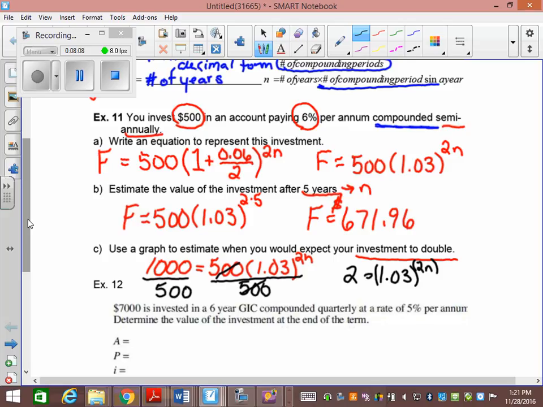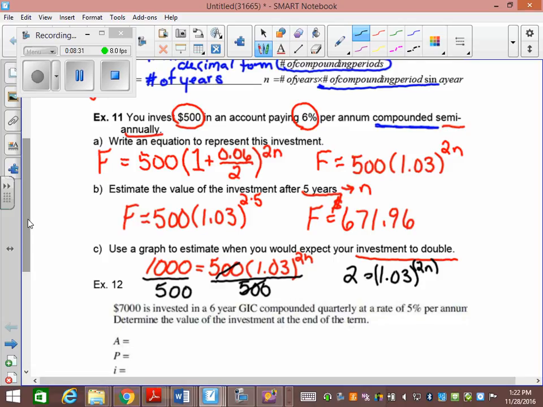Now let's think about it. It took 5 years to make 171, but it's growing exponentially, right? Because it's making interest off your interest, right? It's not just going to be a steady straight line. So second trace 5, enter, enter, enter. If it errors you, what do you need to change? Your x